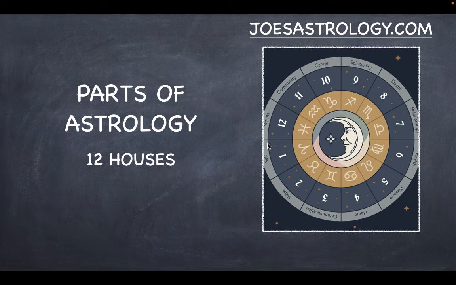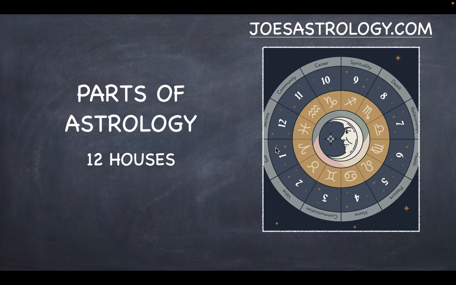We have the first house of the self. The first house, also keyword, could be to be. It's a very becoming house. You're becoming something. Self-image, the body. These are all keywords for the first house, and there's too many to list. You're going to want to get familiar with the basics. Again, this is a mini course, but you want to find yourself a good astrology book that describes this in a simple manner.